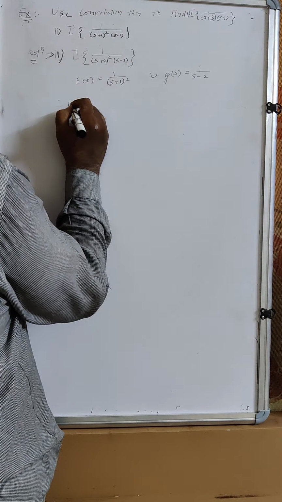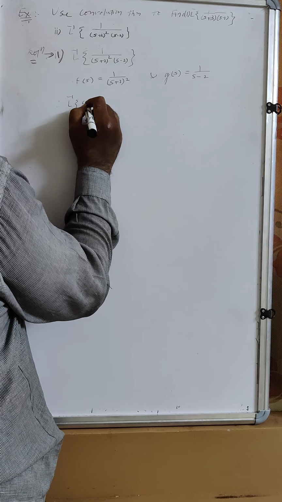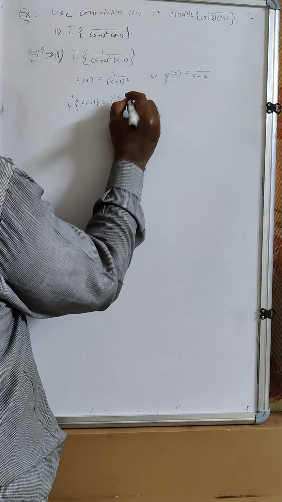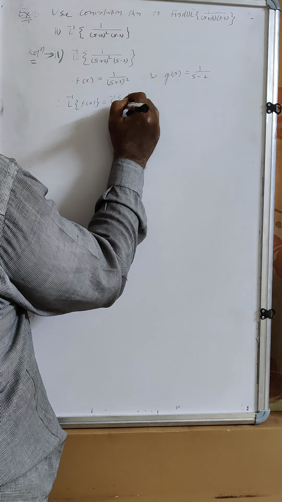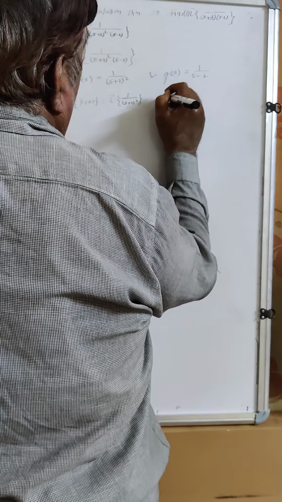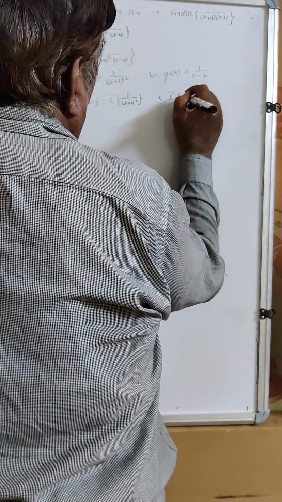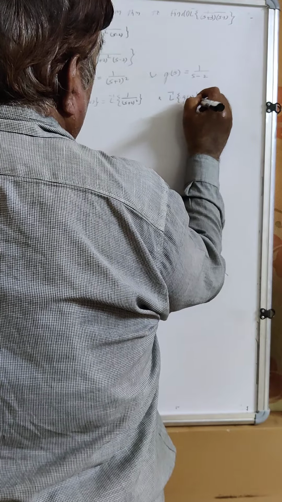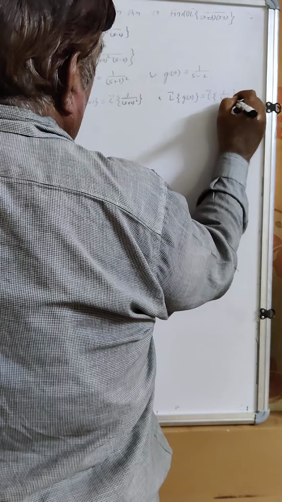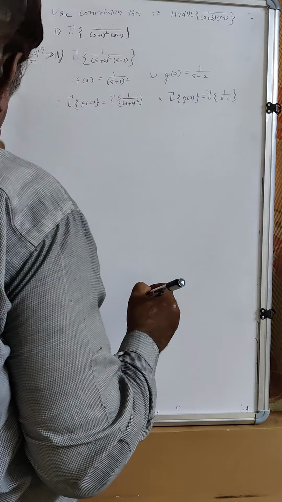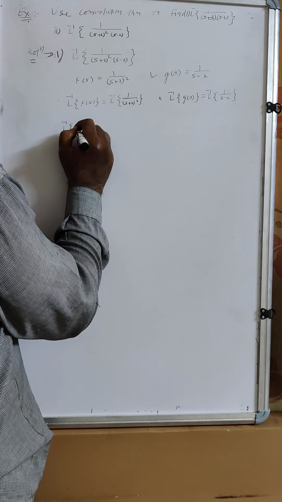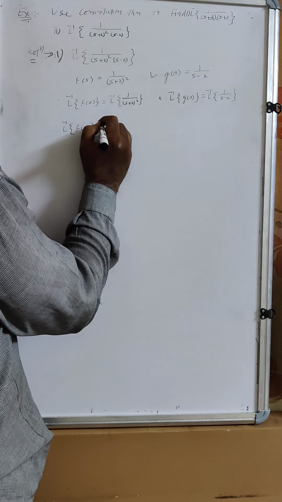Therefore, taking Laplace inverse on both sides, Laplace inverse of F(s) is equal to Laplace inverse of 1 upon (s plus 2) whole square, and Laplace inverse of G(s) is equal to Laplace inverse of 1 upon s minus 2. Therefore, Laplace inverse of F(s) is equal to